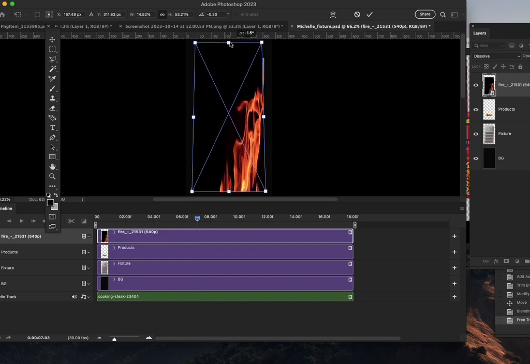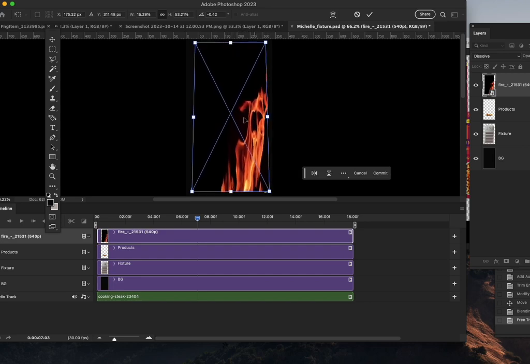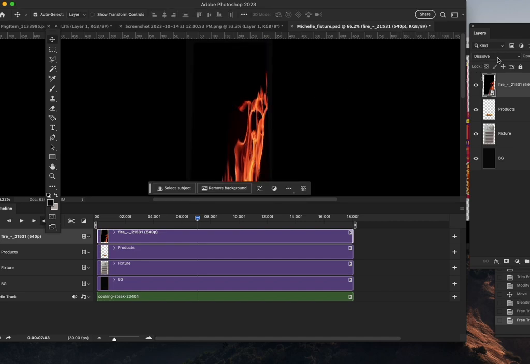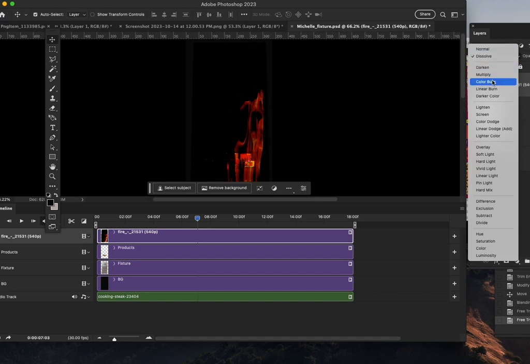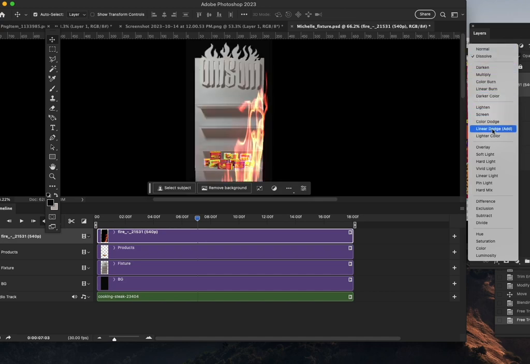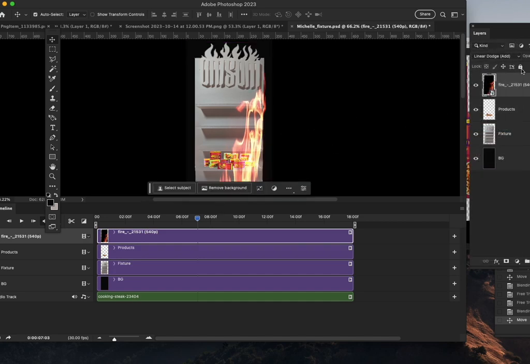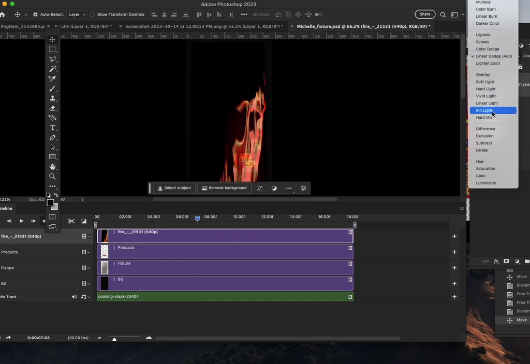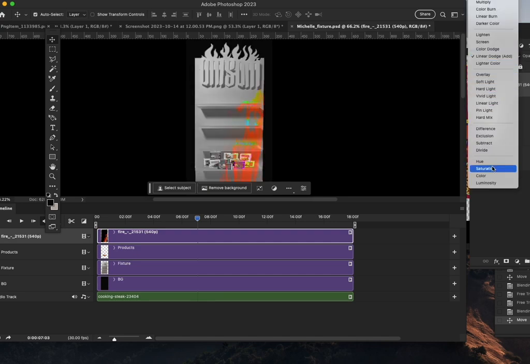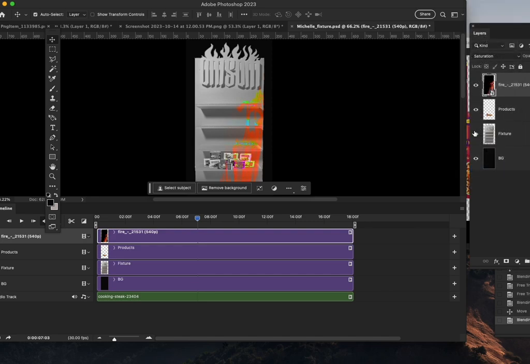It will cover your entire fixture, and whether that will be good or not, that's why you can experiment with all these settings. So if we do this linear dodge setting, saturated setting,